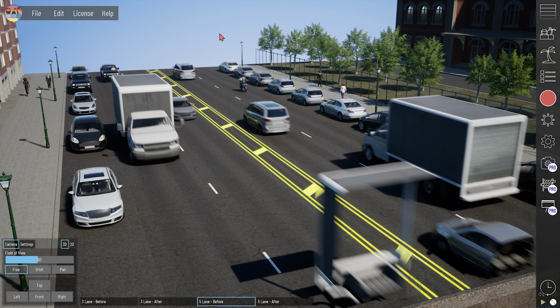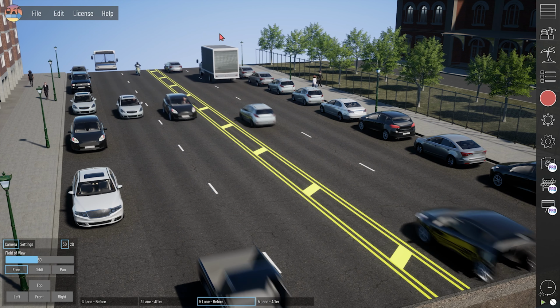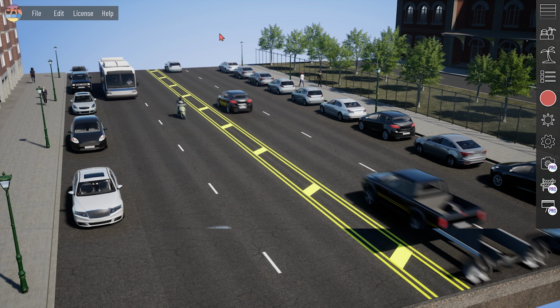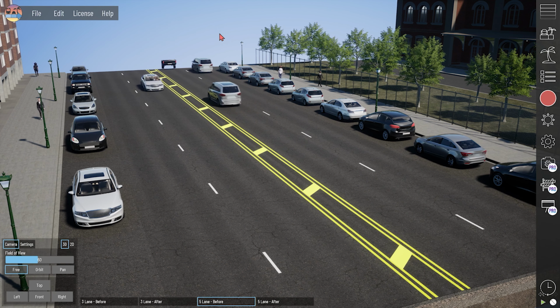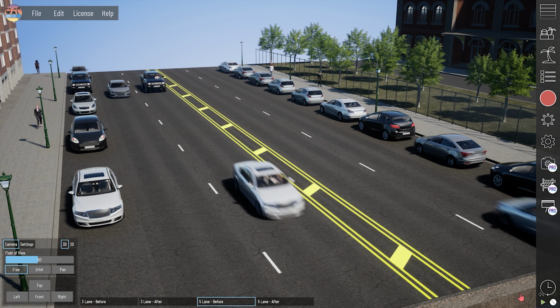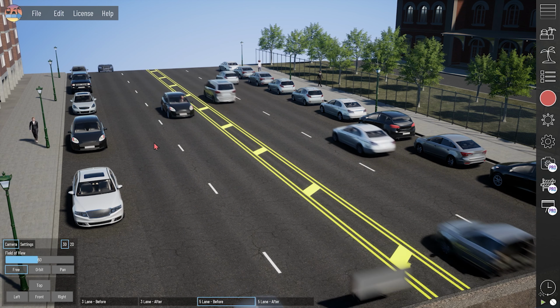Tip number 4 is for our users that are trying to render out screenshot images of their models and want to pause traffic so you're not getting that motion blur associated with rendering when traffic is moving. But for those of our newer users that are more familiar with this traffic play pause button in the bottom right, they might be using that traffic pause to globally pause traffic and aren't aware that you can actually pause